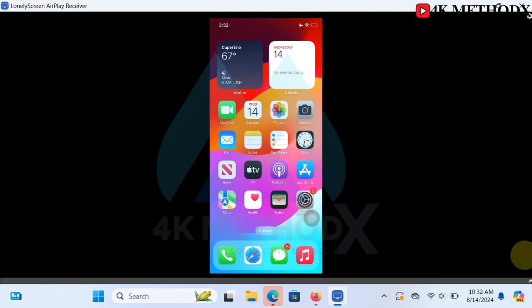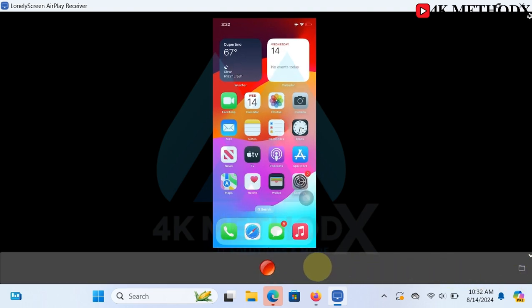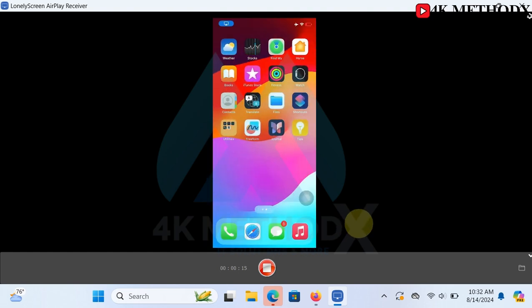To screen record your screen, click on the arrow at the far right side of your screen. Click on the record button to start your screen recording. Once you are done,